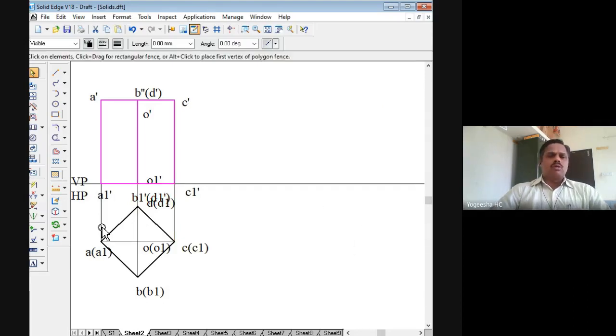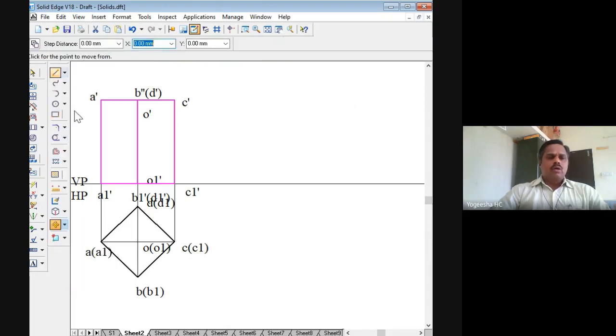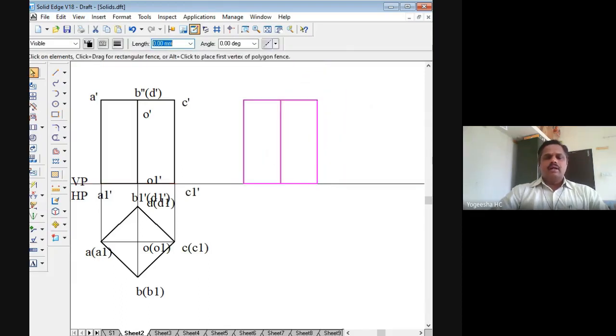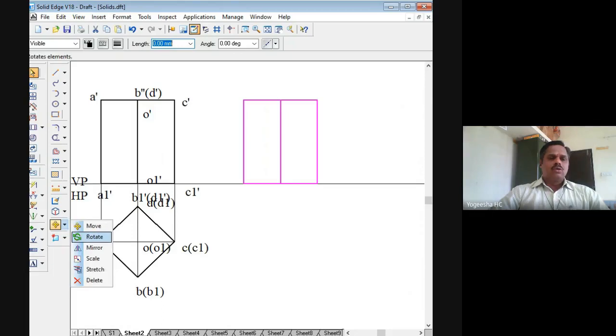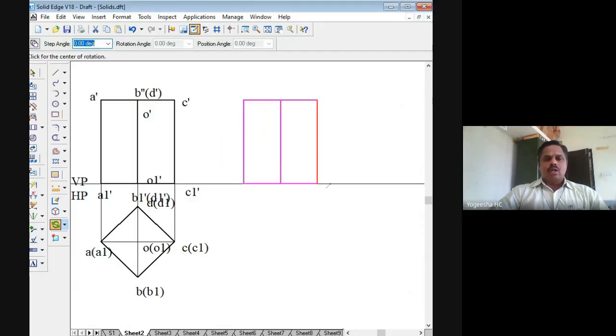So I can copy this now. I will use the move command now, create copy on. This point C1 dash should lie on the XY line. I will move it like this, right? Now I have to rotate the solid such that this is the axis. Axis is inclined to HP by 40 degree. So if I want to rotate the axis to be inclined to HP by 40 degree, this base I have to rotate by 90 minus 40 degree, that is 50 degree. So I will go for rotating now. Rotate. This particular edge I will select because I cannot directly rotate the axis here.